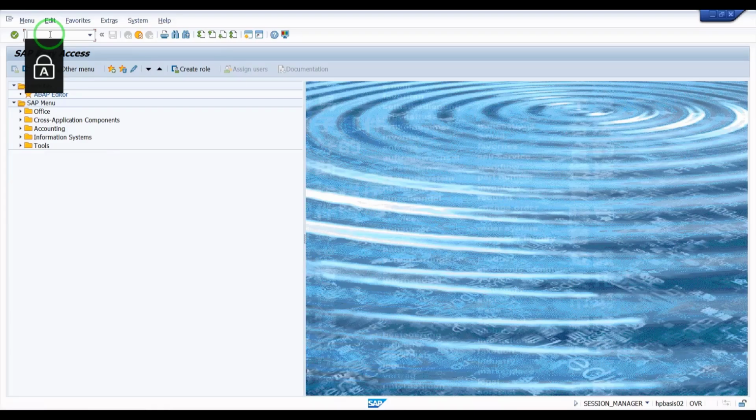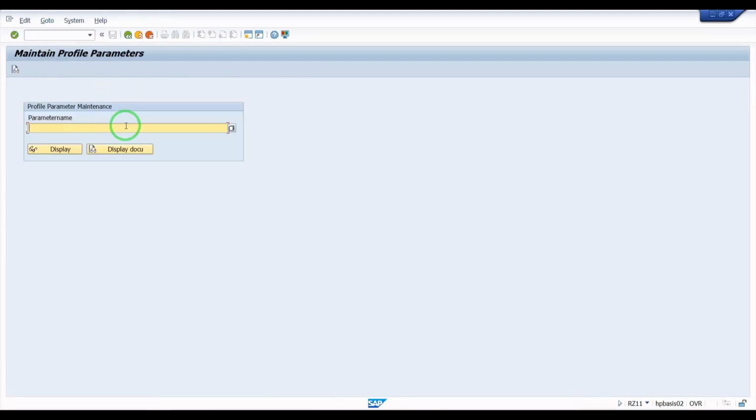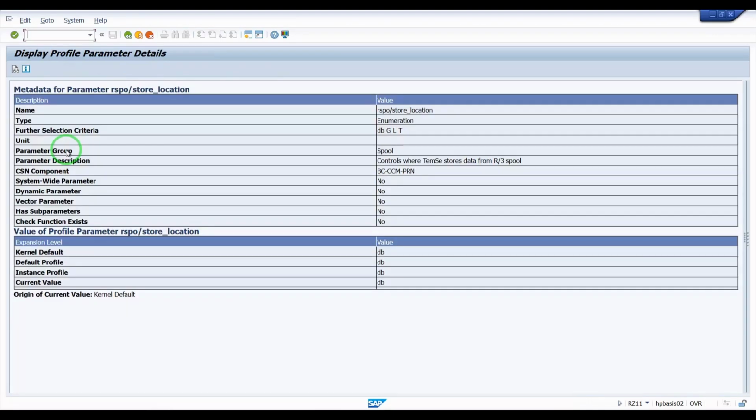Now I am checking RZ11 for this store location. So this is the parameter. See here, it is set by DB location. The store location is set by DB. That means it is going to be saved into tables like TST01 and TST03, where we can check the store